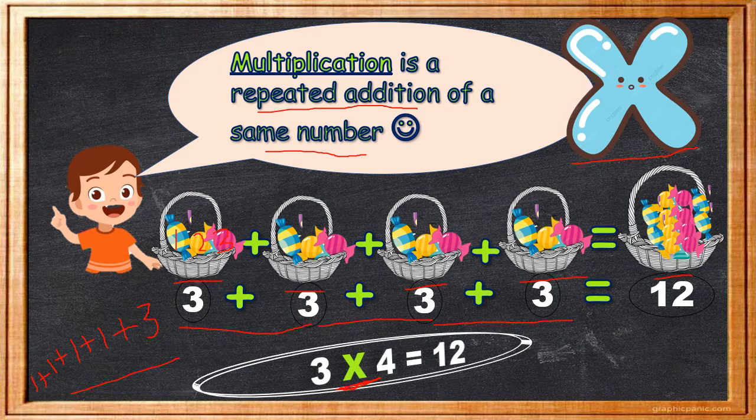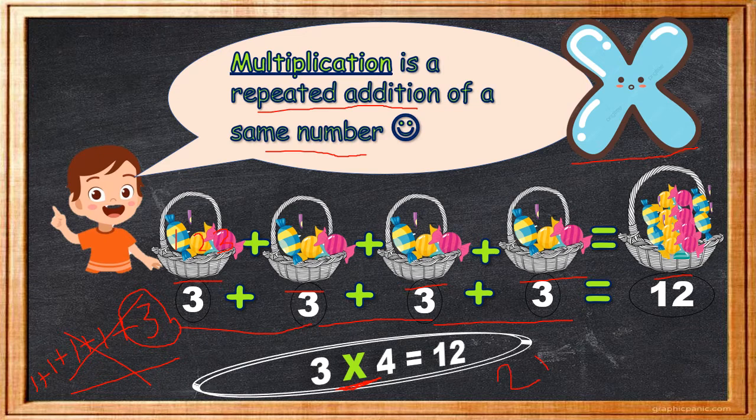No. Why? This is repeated addition but not repeated addition of the same number, because here it is a 3. So is this multiplication? No. This is not multiplication. When we add the same number again and again,